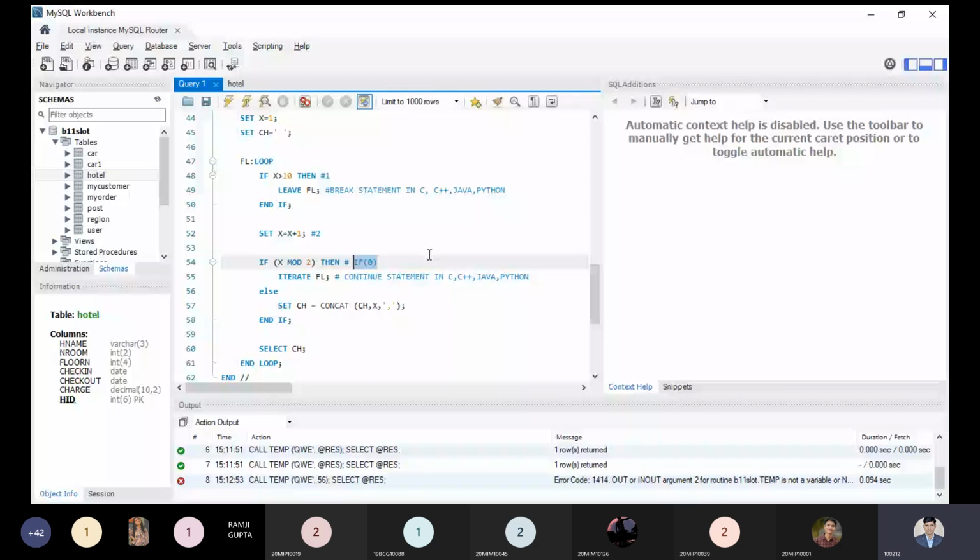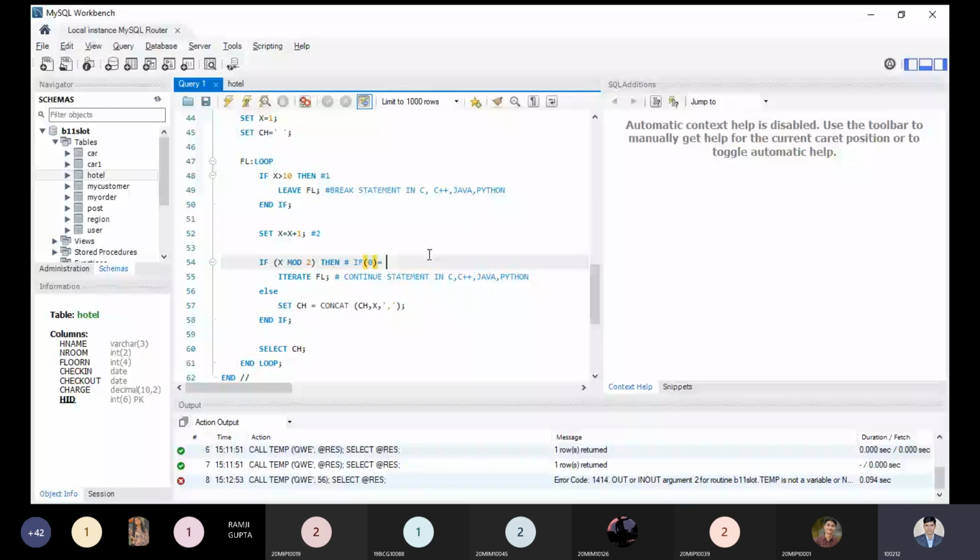Then this statement is saying the condition you are using is false. If the condition is false, it means we are getting 0. So this is false, it means 0. It means this iteration will not be applicable, so the else part will come over here. So what will it do right now?